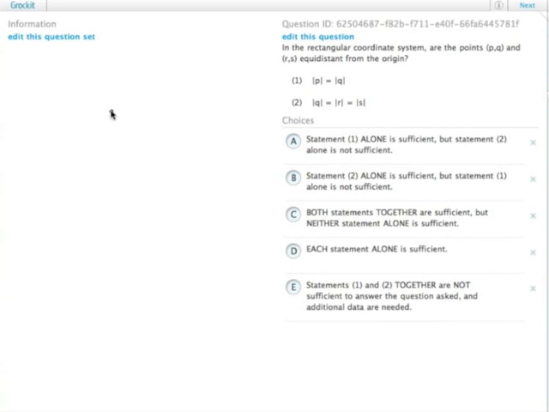So in order to determine the distance from the origin of a given point, keep in mind that, pretend that's an actual Cartesian coordinate plane, that when you combine the x value and the y value of a given point, you're actually creating a right triangle. And so the distance from the origin is actually the hypotenuse of a right triangle, and so the distance is